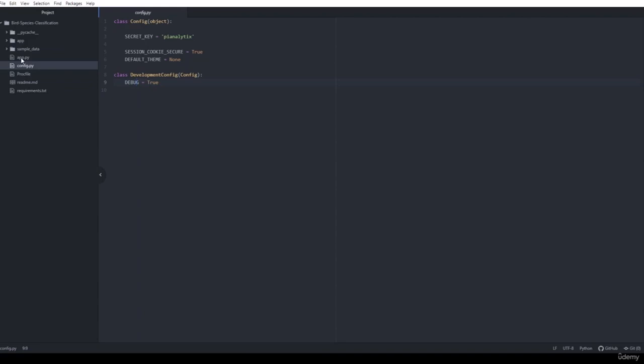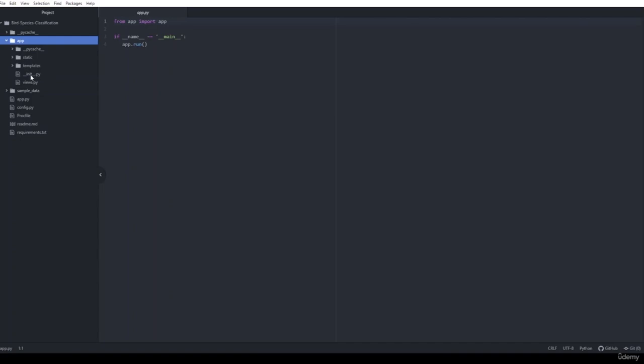The next file is app.py. In the app.py, you can see that whenever the main function is called, the app will run. So this is the main file for this application. Other than that, we will go to the app folder. In this, we can see the init.py file. This init.py file is the initializer. Here you can see that we are importing Flask from flask, and then we are passing the name of the app using app equal to Flask name. And here we are calling the config.development config as we defined in the config.py file.